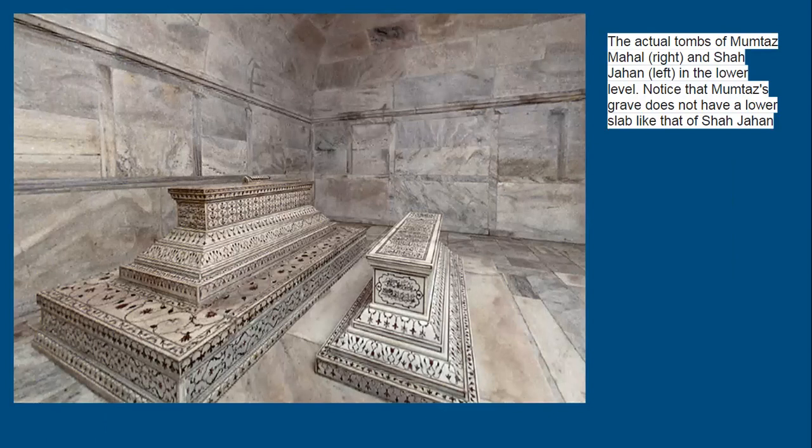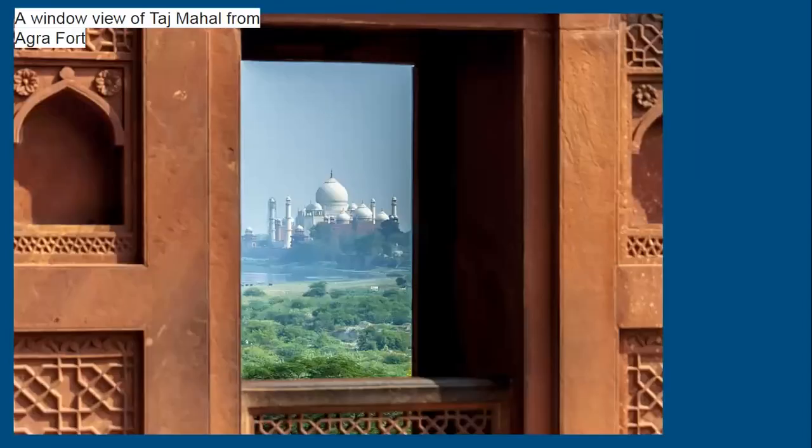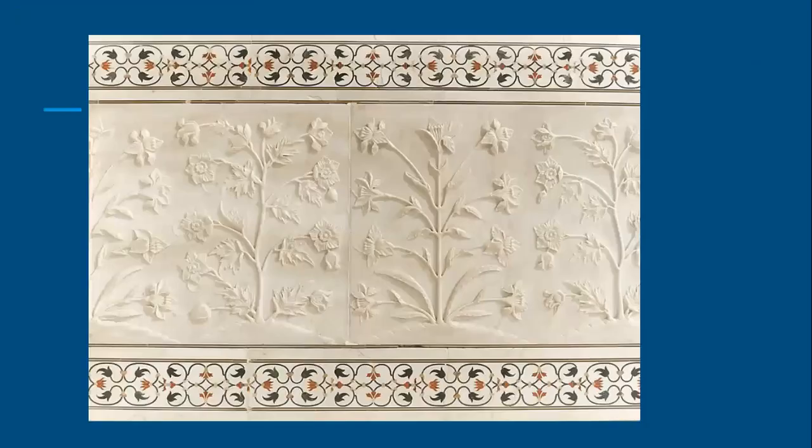तो यहाँ पे ये जो सबसे inner compartment है जहाँ पे actual graves हैं. So the right one is Mumtaz's and the left one is of Shahjahan. Okay, so उनके ये graves हैं, interior ones, and this is the view of Taj Mahal from Agra Fort. So we all know कि Shahjahan को imprison किया था उनके बेटे औरंगजेब ने, and he was confined to this Agra Fort. And वो आगरा फोर्ट से इस window से he used to watch the Taj Mahal. So that is this view from where he used to watch the Taj Mahal, and Taj Mahal is built on the banks of river Yamuna.